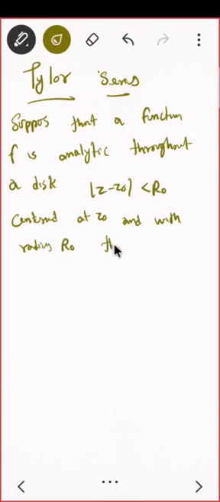Then f of z has the power series representation